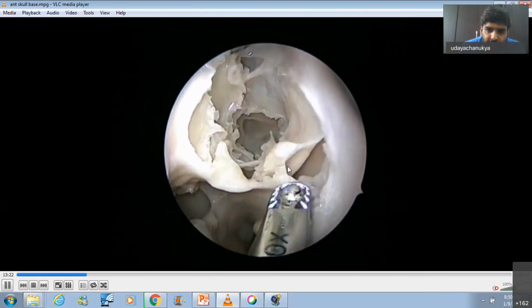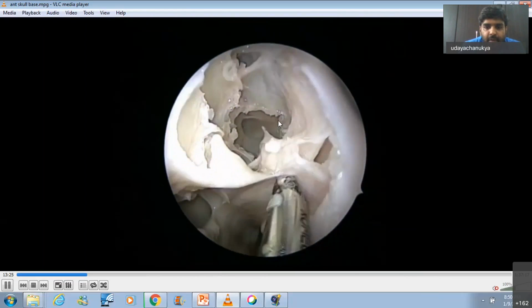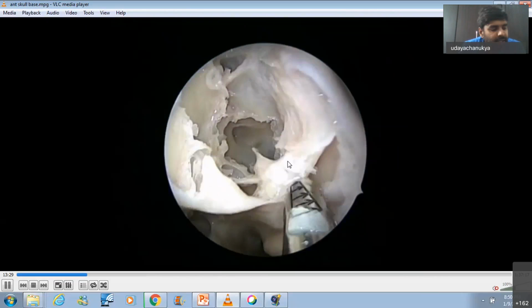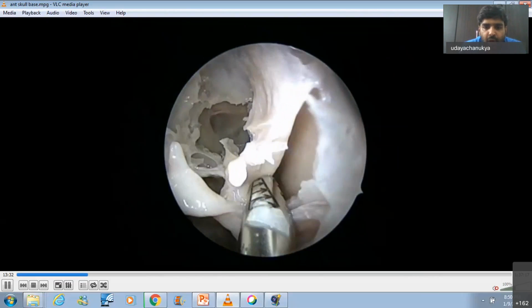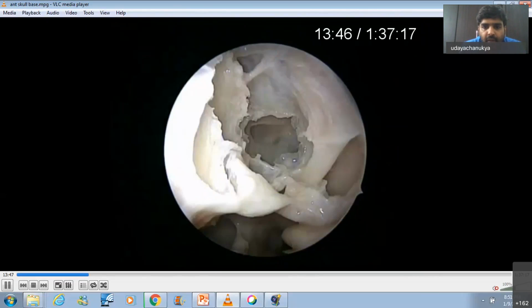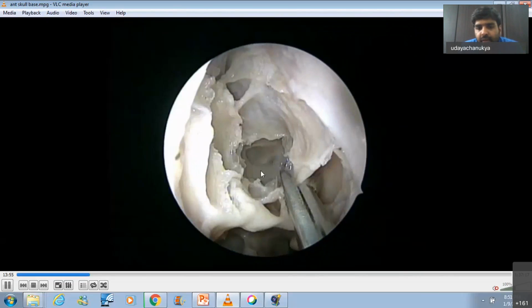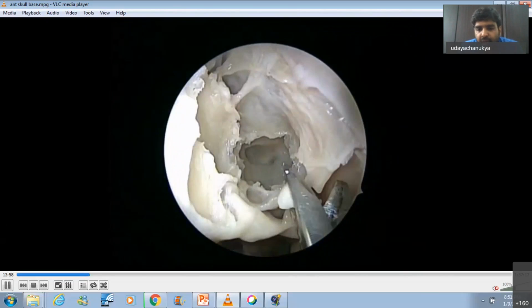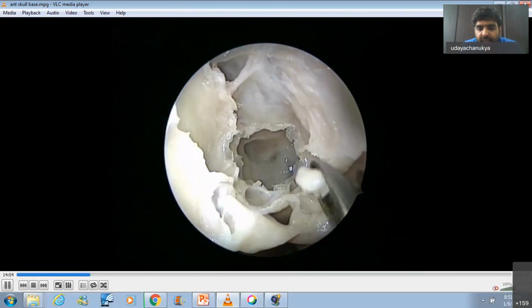So this is the place where the middle turbinate is ending and the puncturing of the ground lamella. This is the superior turbinate which we have found. Once we dissect the superior turbinate, we'll remove the lower third of the superior turbinate, and then we find the sphenoid os. This is how we remove the inferior third of the superior turbinate and proceed towards the